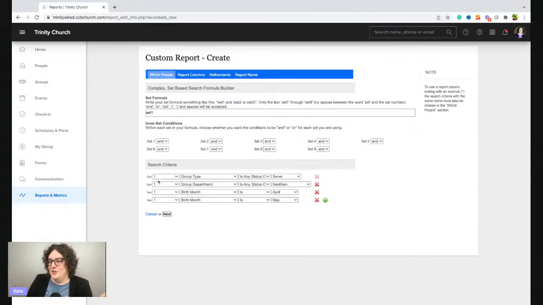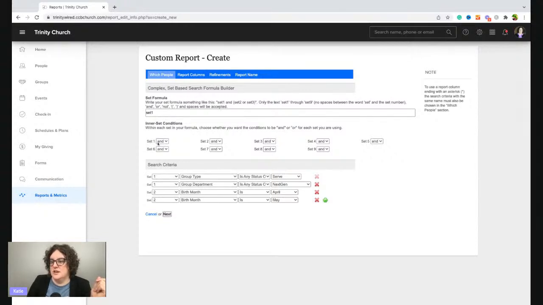And then here you go. I start at the bottom of the screen and work my way up. It's just easier. So first, with the search criteria, the sets are the things that go together. So these birth months go together, and the group type and department go together. Because we have group types in all of our departments that are serve groups, we want to be sure that we're using both of these search criteria.